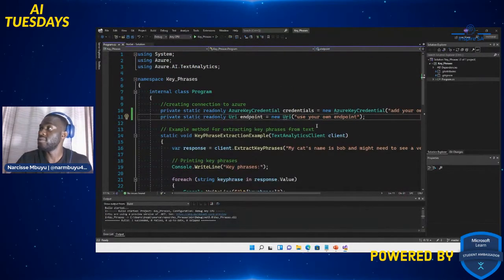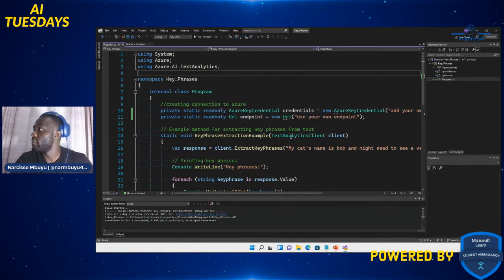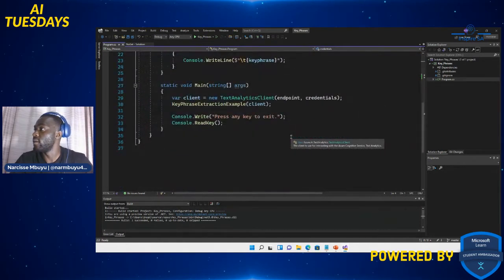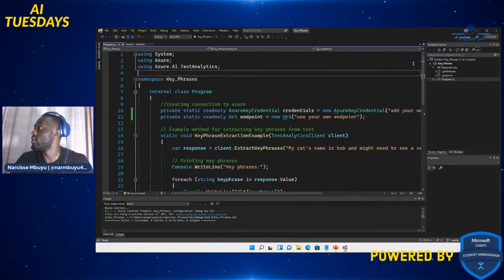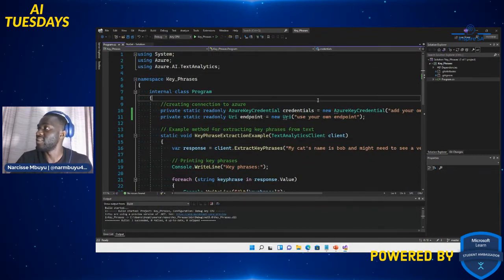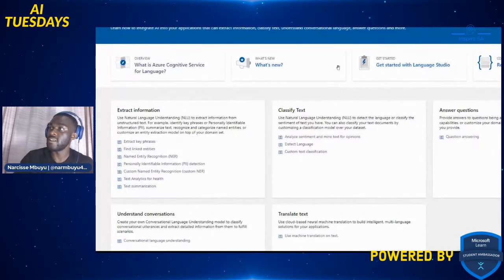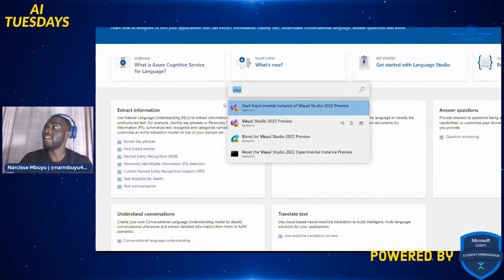Now moving on. So I'm closing this application and we're moving on to the next part of our program. So that's one done, six more to go. So that's extracting key phrases. You're creating your own key phrases using code, right? So closing this since it's saved. The next one is find linked entities.